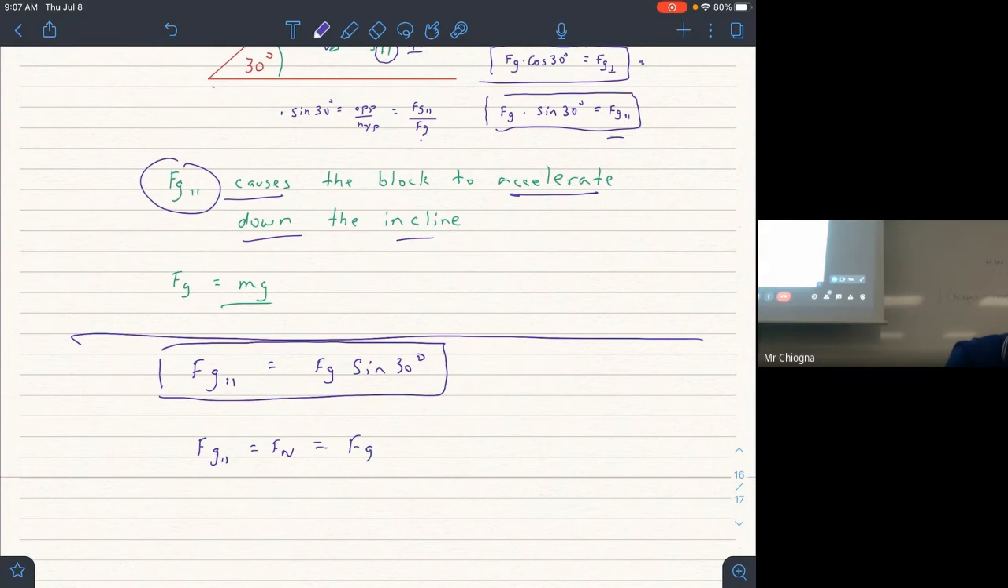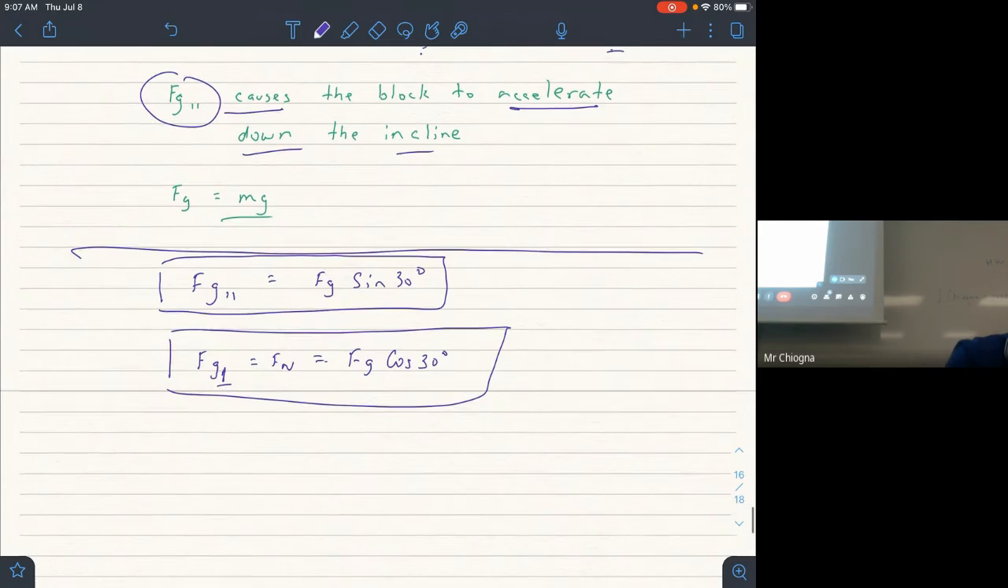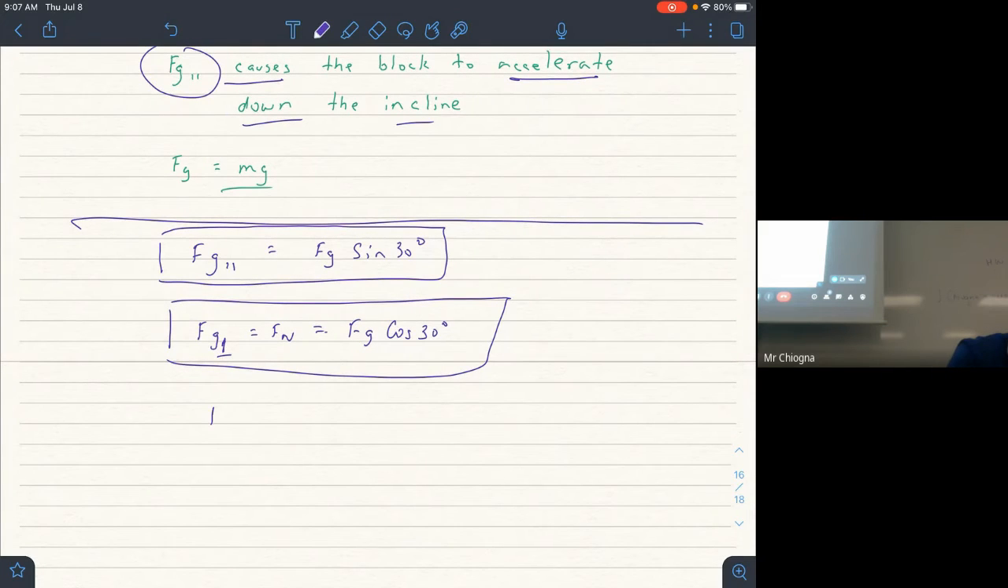Which is Fg cos. This should be perpendicular. Now, one last point. Friction is always mu Fn. Always. What is Fn in the case of the incline? It's that Fg cos. So friction in this case is